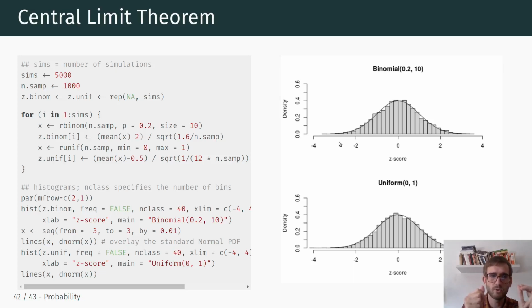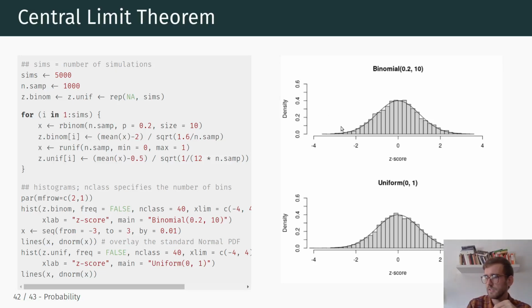We look at the distribution of 5,000 sample means, and that distribution follows a normal distribution according to the central limit theorem. And that is fundamental for us to ultimately quantify the uncertainty around our estimates when it comes to differences in means or regression coefficients.